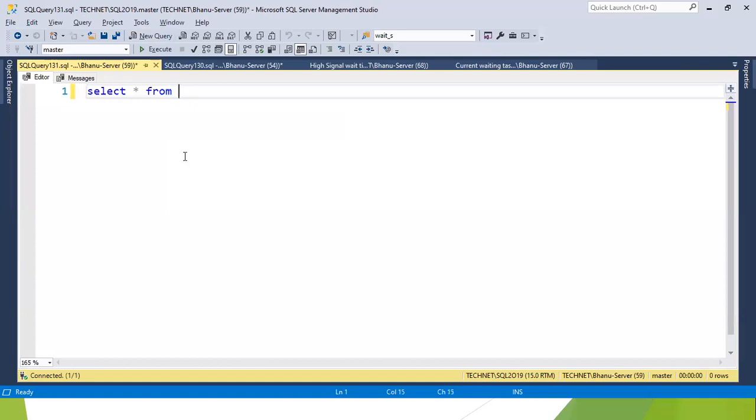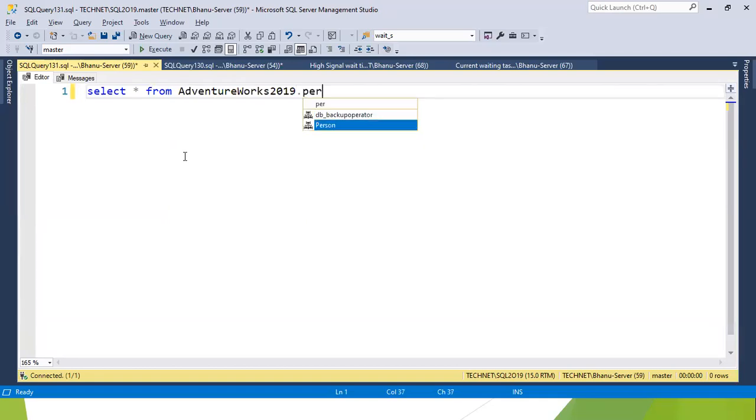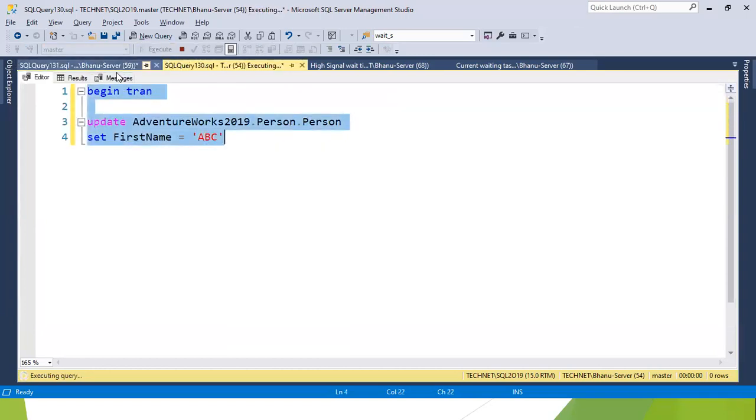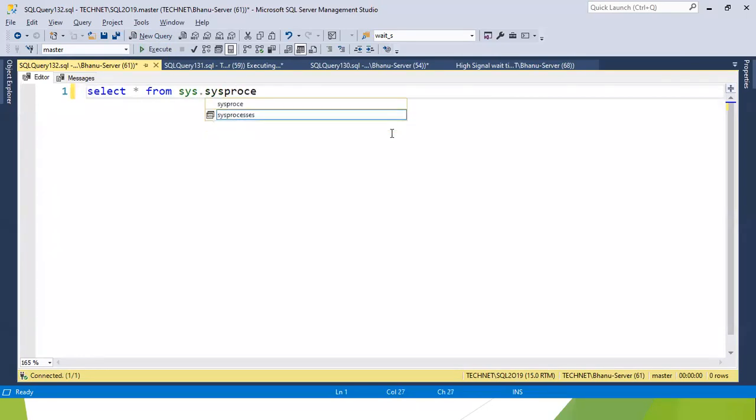Select star from, if I execute this, it will be blocked. That is what you see here. Select star from sys.sysprocesses where